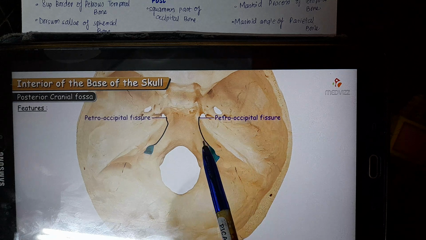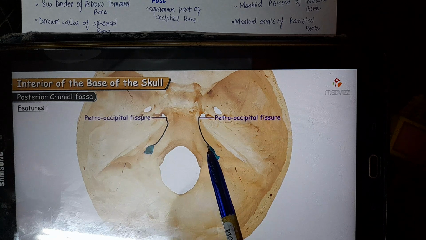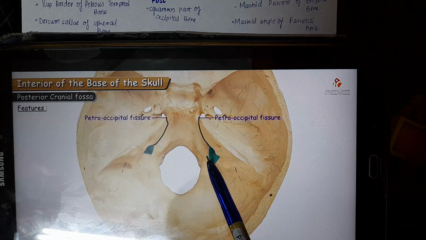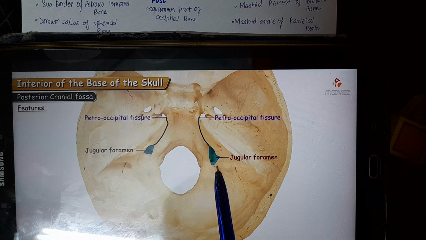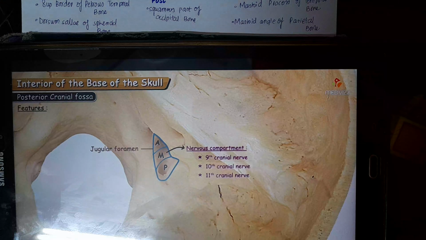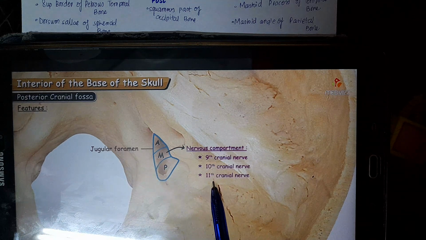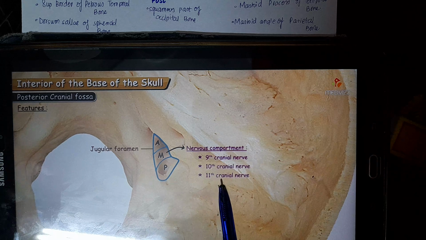Now this groove over here is part of the petrous occipital fissure, which is for the inferior petrosal nerve. Just behind it is a groove leading to the jugular foramen, and it is going to pass major nerves. The middle portion of your jugular foramen passes the 9th, 10th and 11th cranial nerves. 10th is your vagus and 11th is your